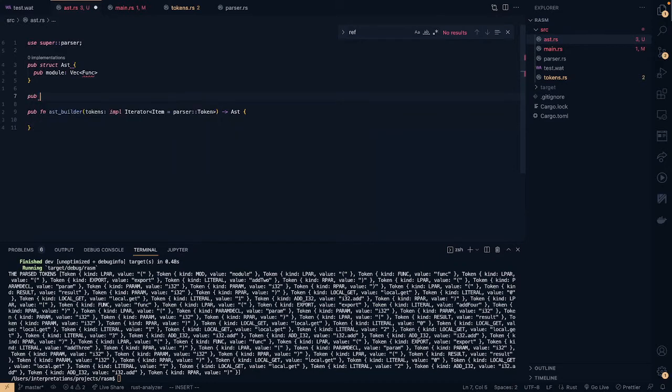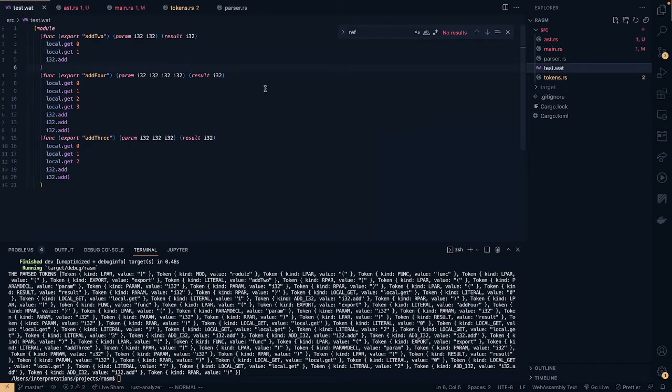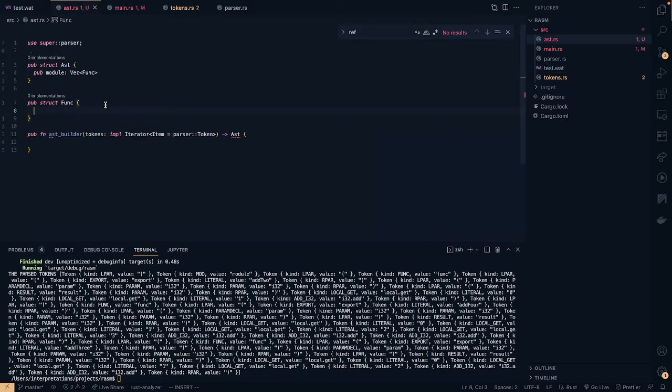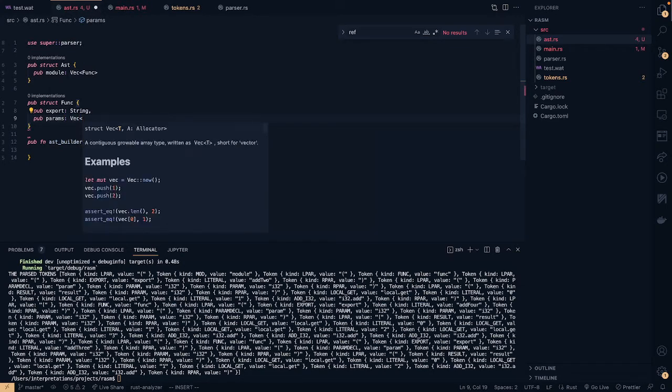So pub struct func, and our func is basically going to be comprised of the parts of a function. So a func can have an export, params, a result, and then a function body. So let's go ahead and define those. So that will be an export, which will just be a string. Our params will be a vec of these,